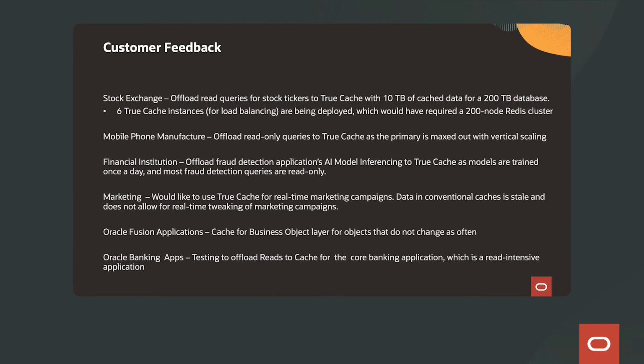One of the biggest financial institutions is evaluating TrueCache to offload their fraud detection application's AI model inferencing, as the models are trained once a day and most of their fraud detection queries are read-only, which can be easily offloaded